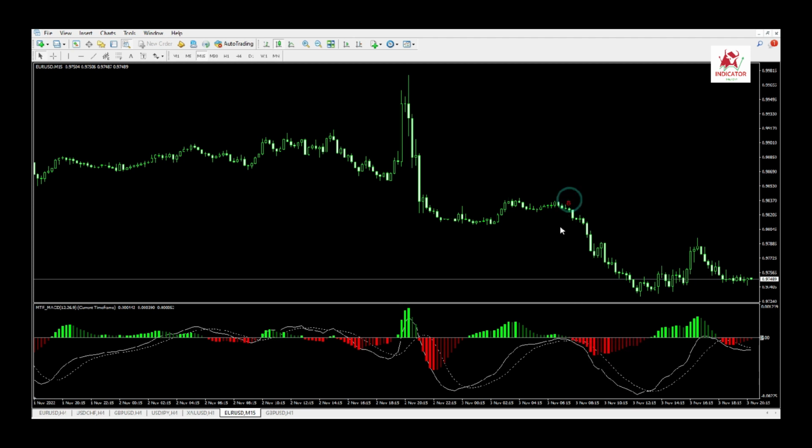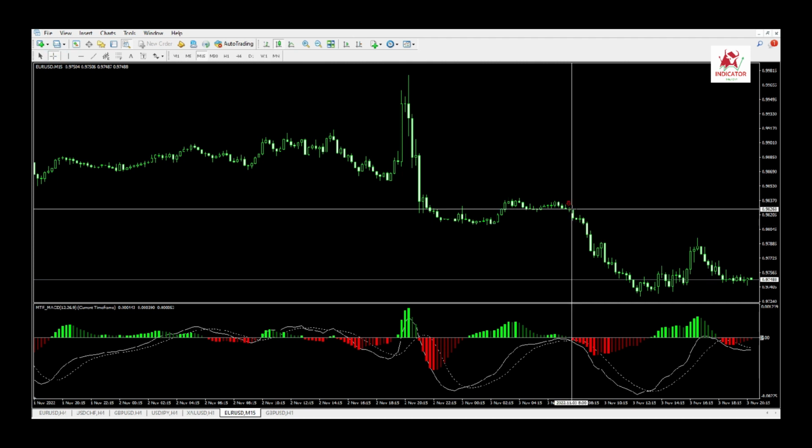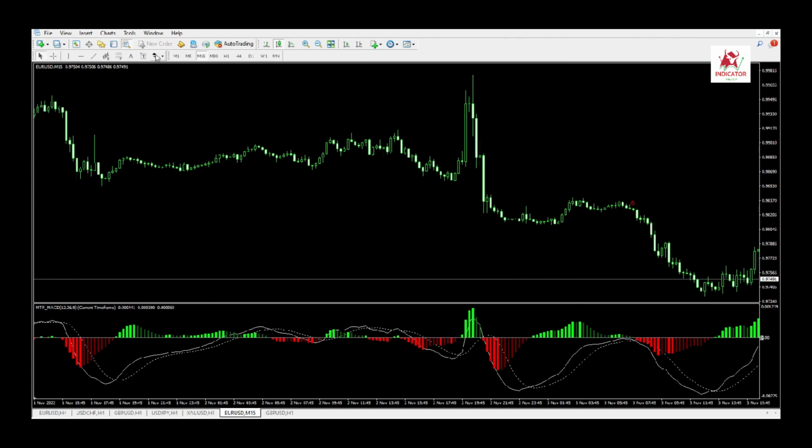However, this is a tedious job that involves juggling between various time frames. It is also time-consuming and confusing, meaning you can miss a good signal altogether. The Multi-Time Frame, MTF, Moving Average Convergence Divergence, MACD, indicator solves this problem. The indicator has 4 lines representing 4 different time frames. Therefore, regardless of the time frame you are operating on, the indicator will show what is happening in the 4